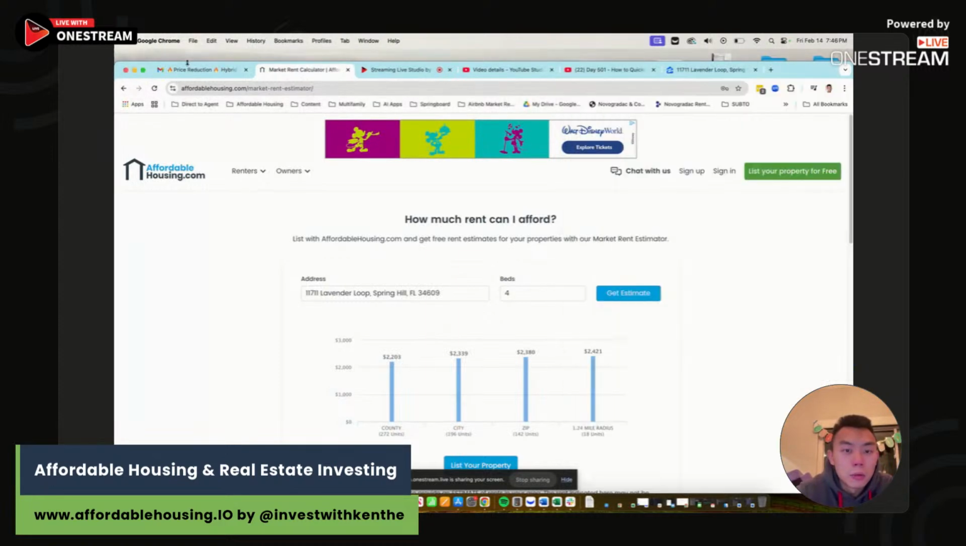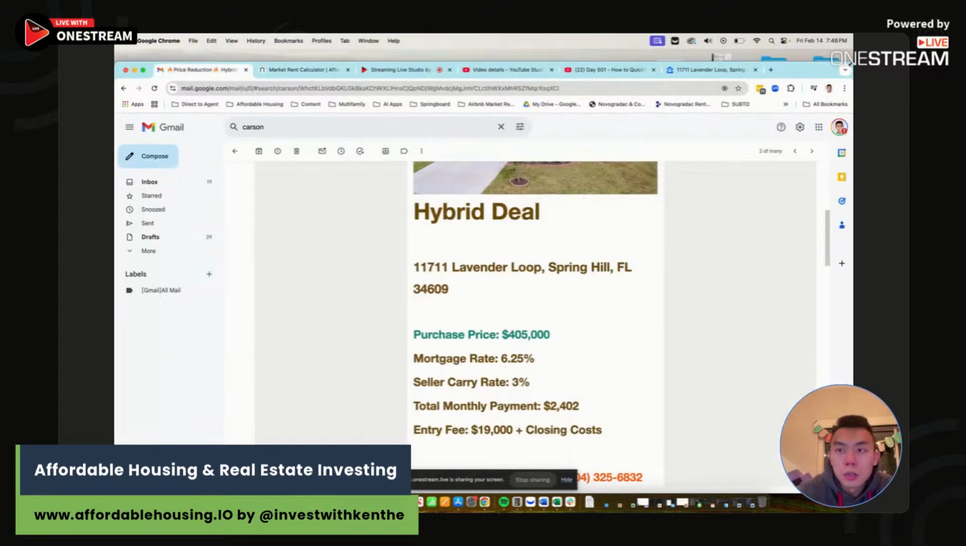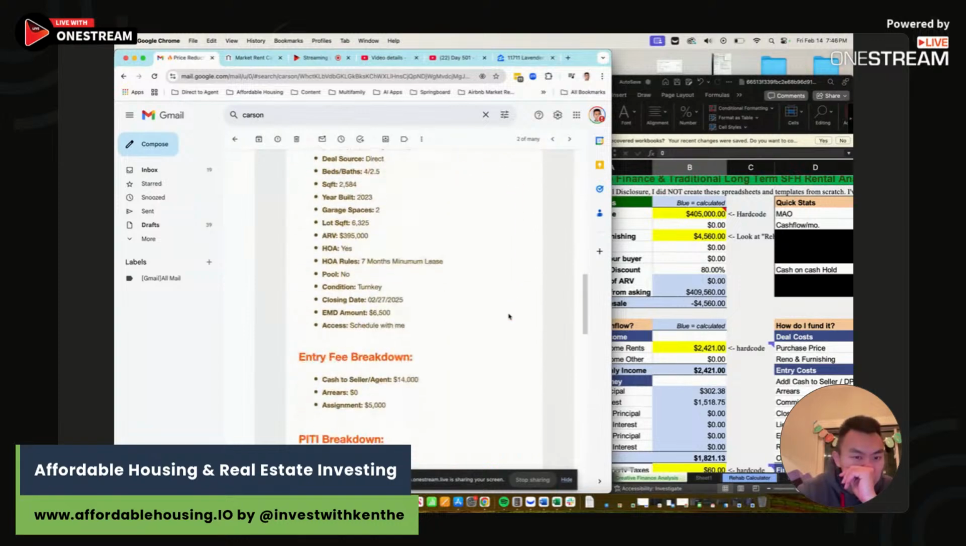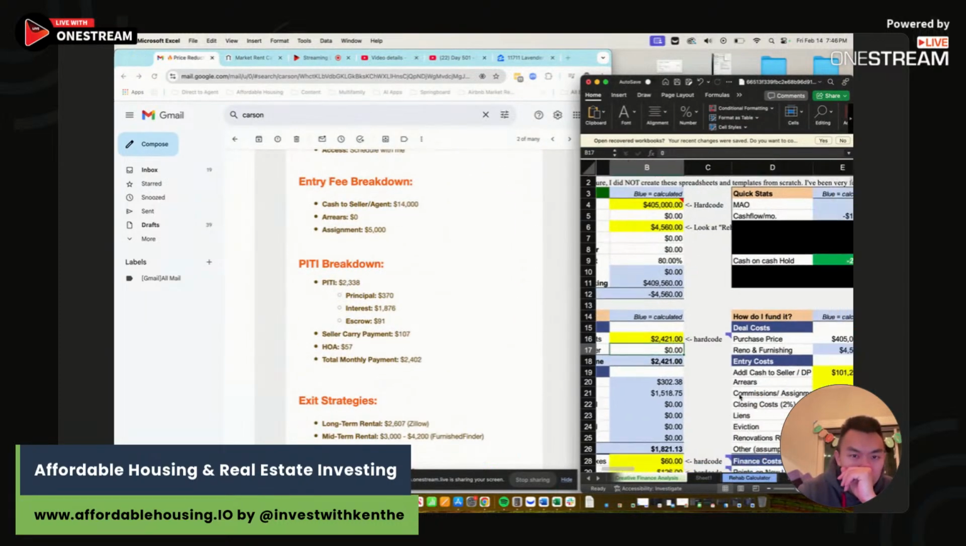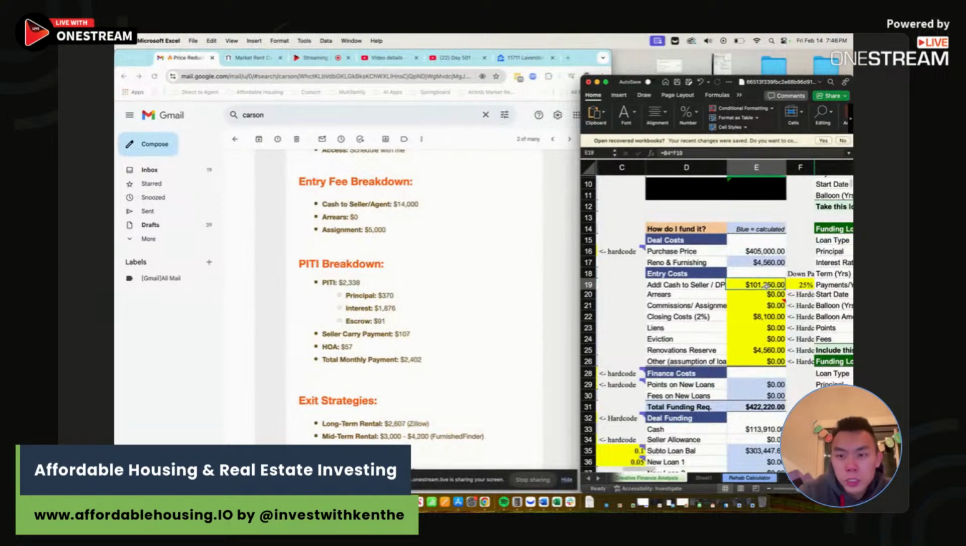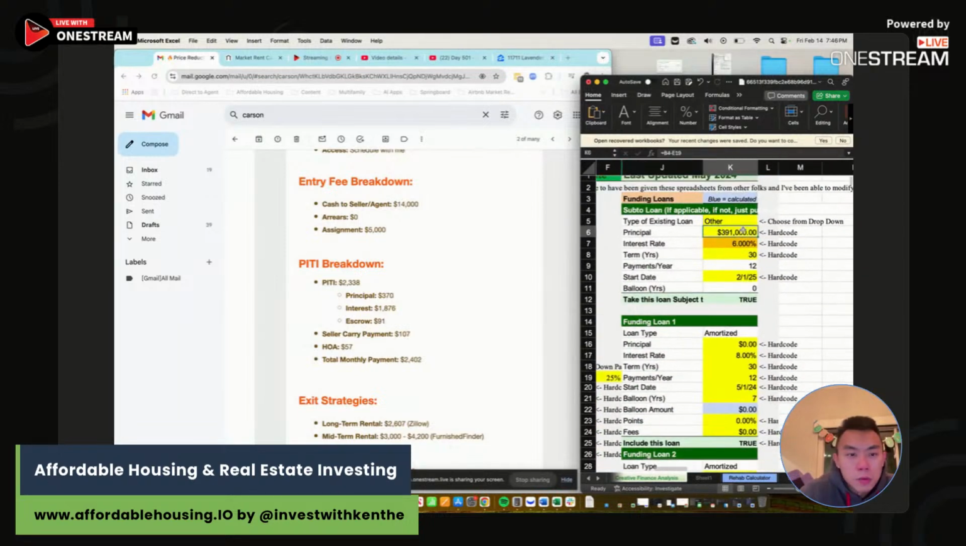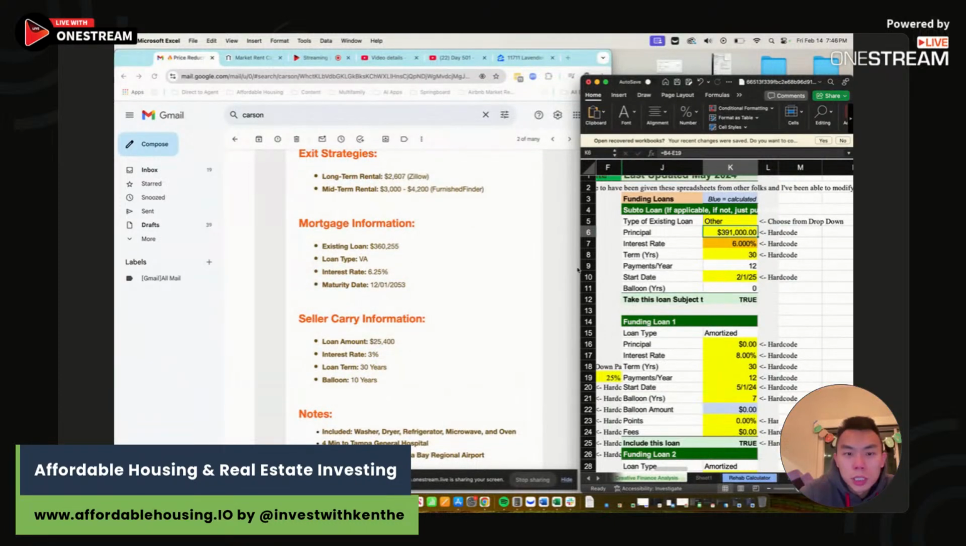Now, I want to get the details of this loan. Let me show this for you right here. Scroll down. Got the entry fee details right there. So $14,000 cash to seller, and I've got a $10,000 assignment fee. The first primary loan that I'm taking over the payments for is right here. It's a VA loan, $360,255,